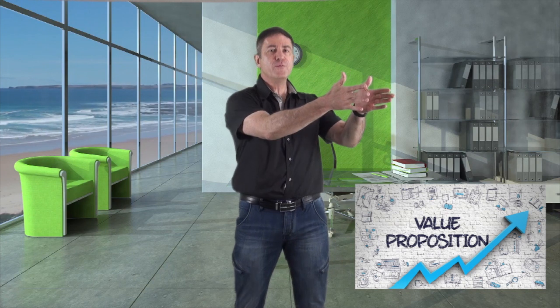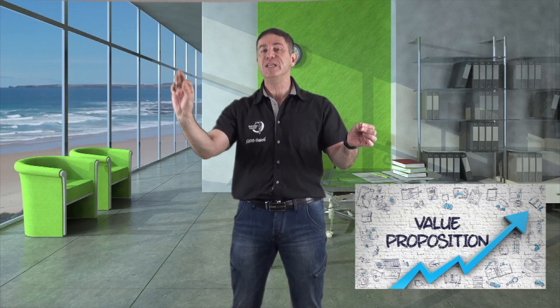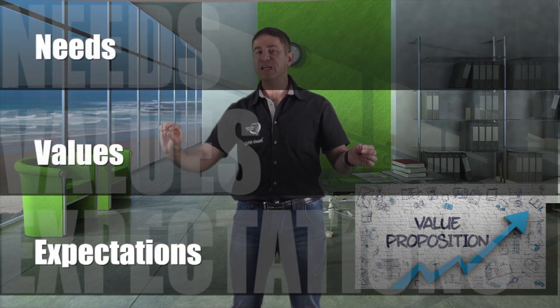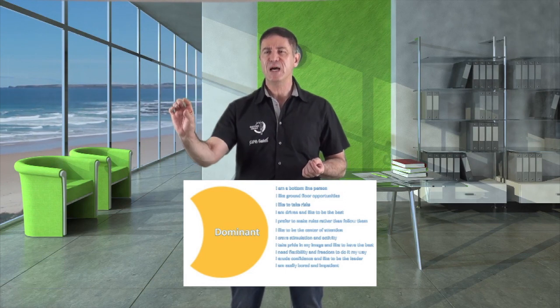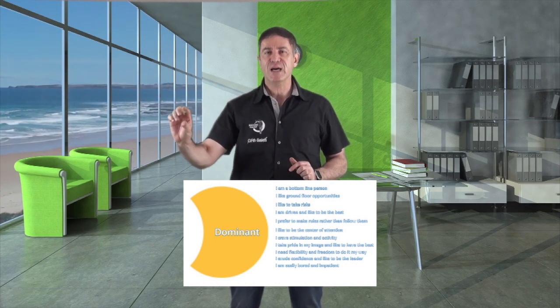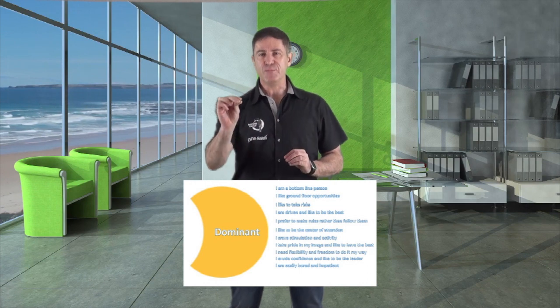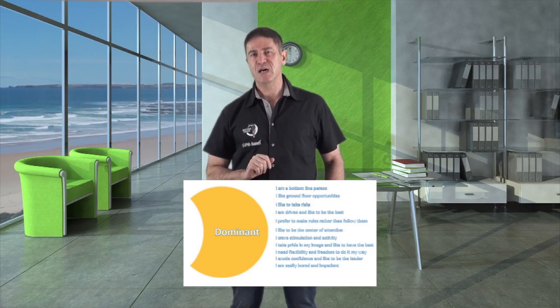Similarly, your outcome is still wanting to connect your value proposition, in other words, what you can do, with each customer's unique needs, values, expectations, and goals. But each personality type thinks differently. For example, the dominant personality type is all about summaries, executive summaries. They want the brief outline. You need to be brief, be bright, be gone when you're dealing with a dominant type personality.